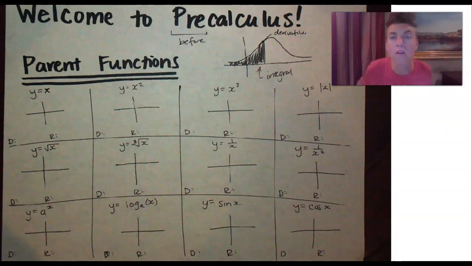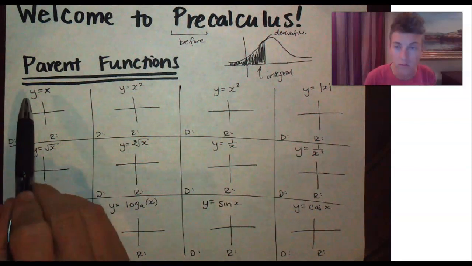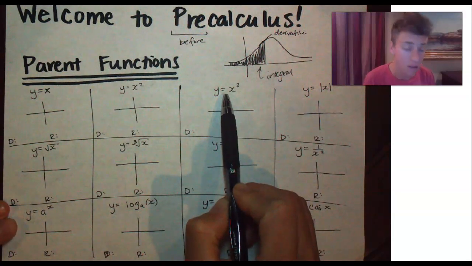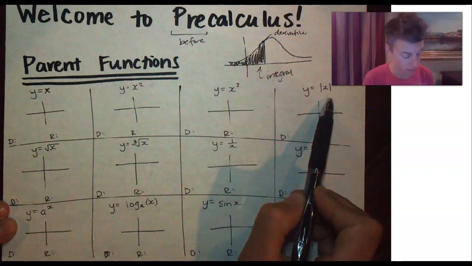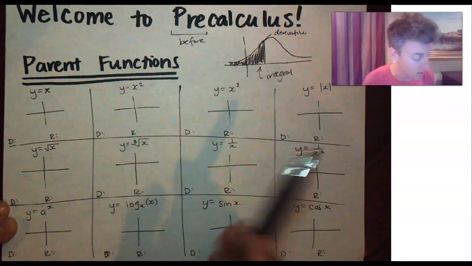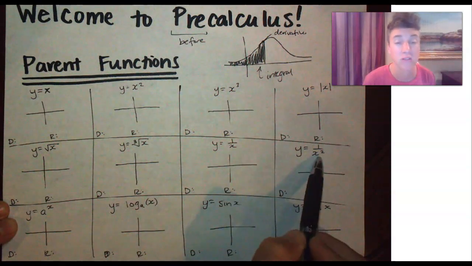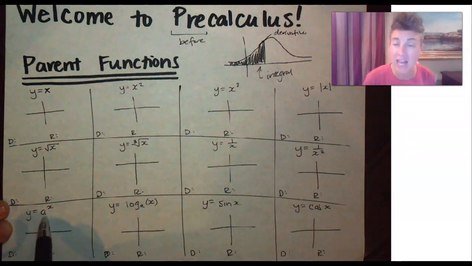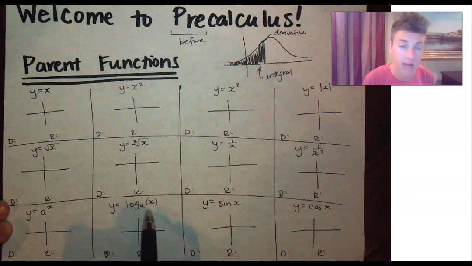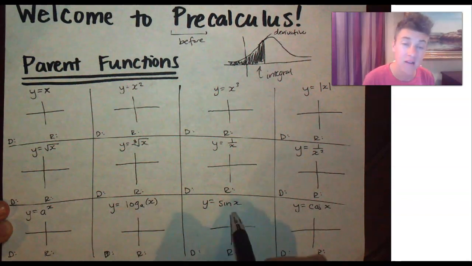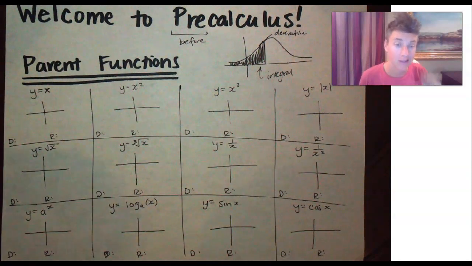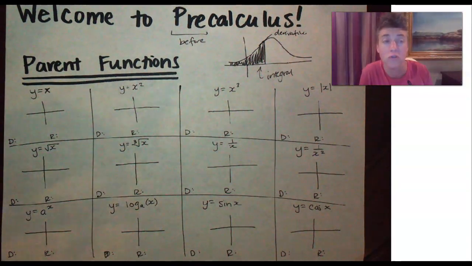Alright, so here are the 12 parent functions we're going to look at. Y equals x, y equals x squared, y equals x cubed, y equals the absolute value of x, y equals the square root of x, y equals the cube root of x, y equals 1 over x, y equals 1 over x squared, y equals a to the x, y equals log base a of x, y equals sine of x, and y equals cosine of x. You may want to pause the video right here so you can write those down. After you do that, we're going to go to